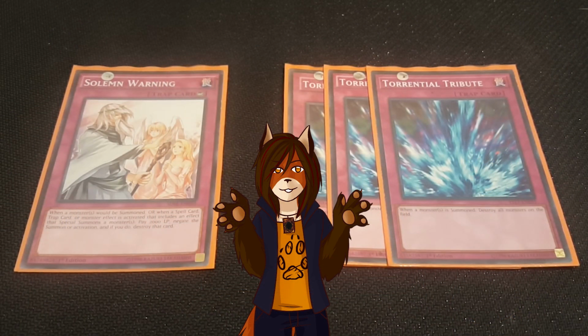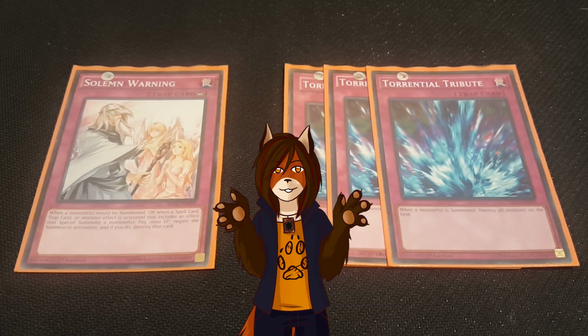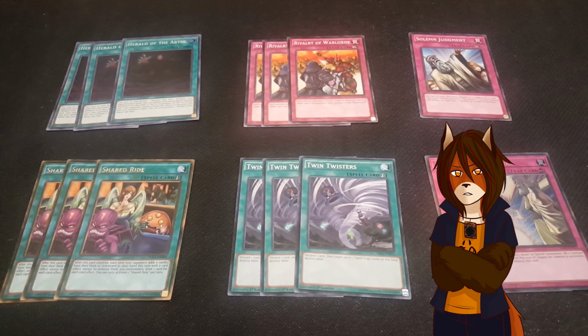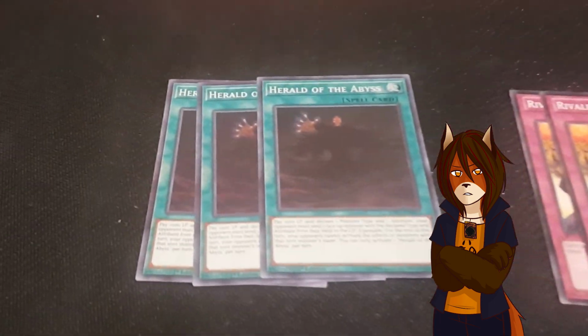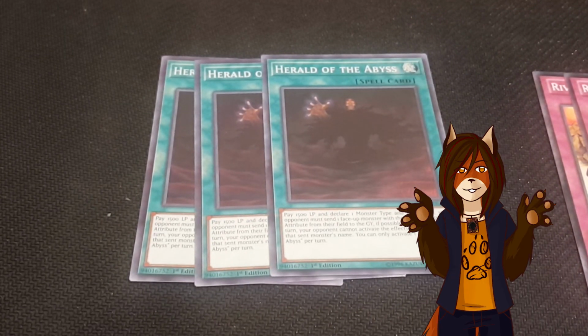And finishing up with the trap cards, I'm keeping it incredibly minimal and sticking with 1 Solemn Warning and 3 Torrential Tribute. Moving on. Next we move into the side deck, and I'm going to be honest with you, the side deck is going to start looking a lot more generic across all my decks. First off, we have 3 copies of Herald of the Abyss, what I consider to be the Kaiju in spell